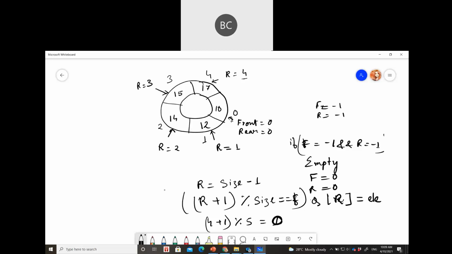We are checking just the remainder. So the moment your rear is at the last position and front is at first, you can reset the value of rear to be 0 again.